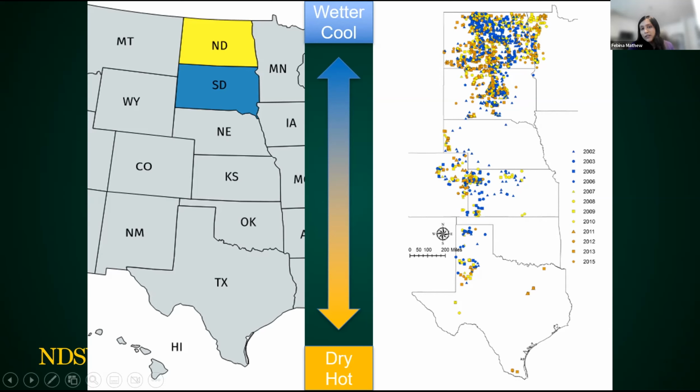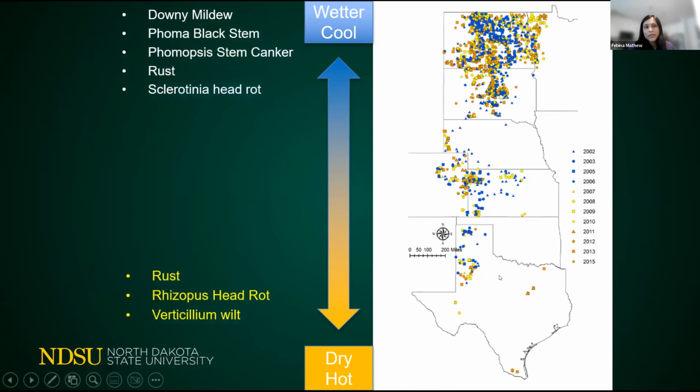But although we have the bulk of the production here in the United States, one thing to notice is that the weather conditions are different. When we talk about Dakotas, it tends to be a lot wetter and cooler as compared to like Texas, where it tends to be dry and hot. And why that is important is because those weather conditions are what dictates the type of diseases that we might see. Also, although in the last few years there has been few diseases that I have seen in South Dakota that we